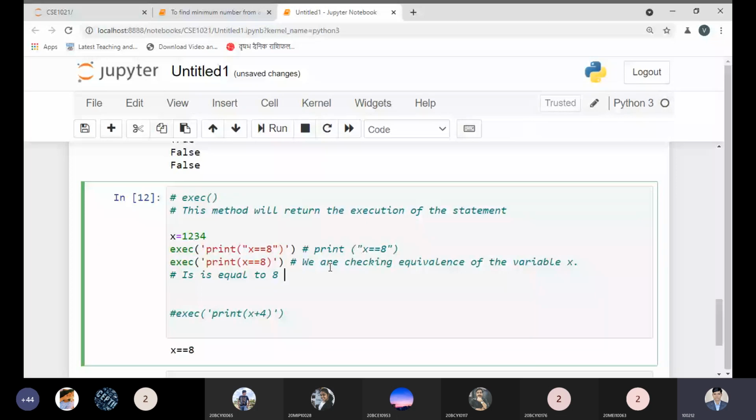So after checking over here, we see x is equal to 8.